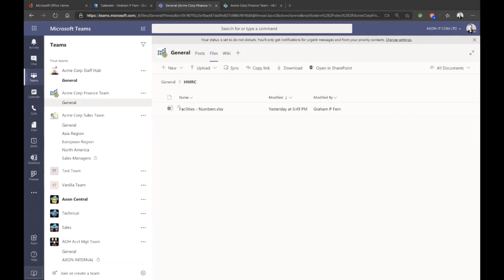How can you structure and organize a team share for a company that already has a SharePoint account? That's not a problem at all, because one of the options in Teams is you can embed in your files area